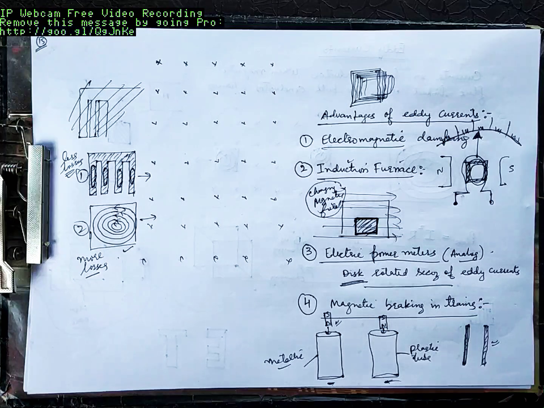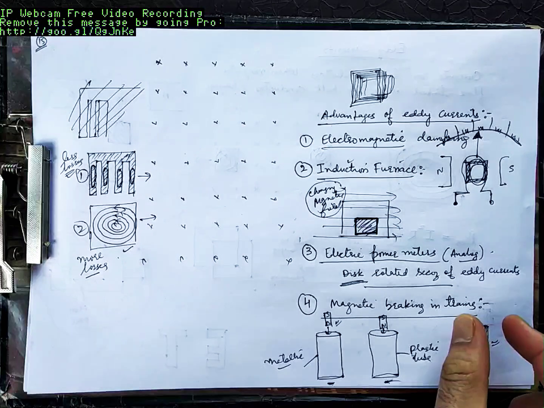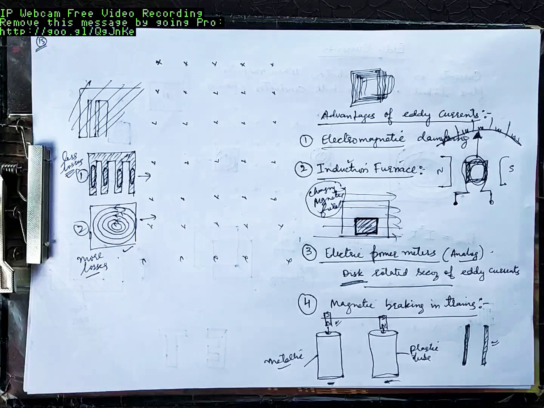Because of that change in magnetic field, there are induced currents in this. Because of those induced currents, there is magnetic field in this. That magnetic field will try to oppose the cause. And that cause was movement of the train. So it will try to stop the train without any physical contact. So there is no wear and tear of the brakes. This is how magnetic braking is used in trains.